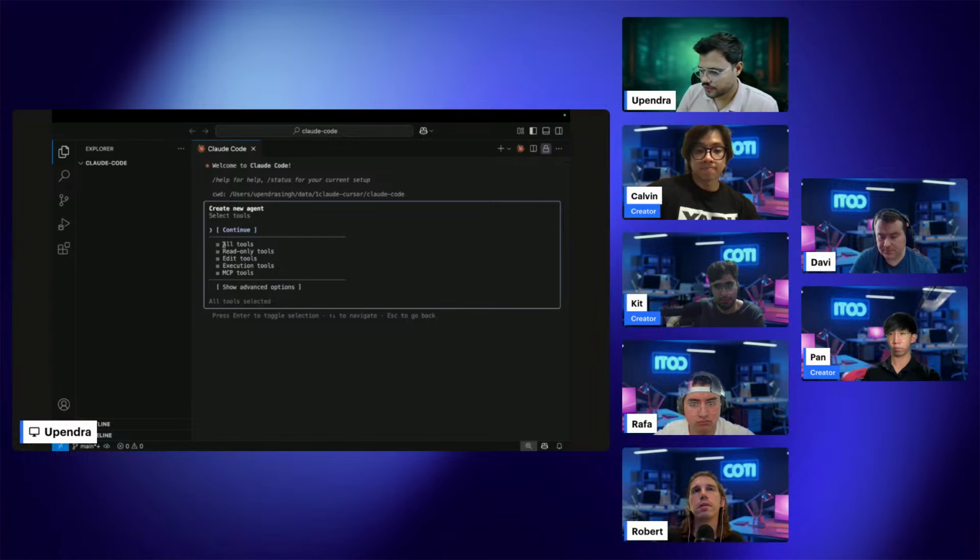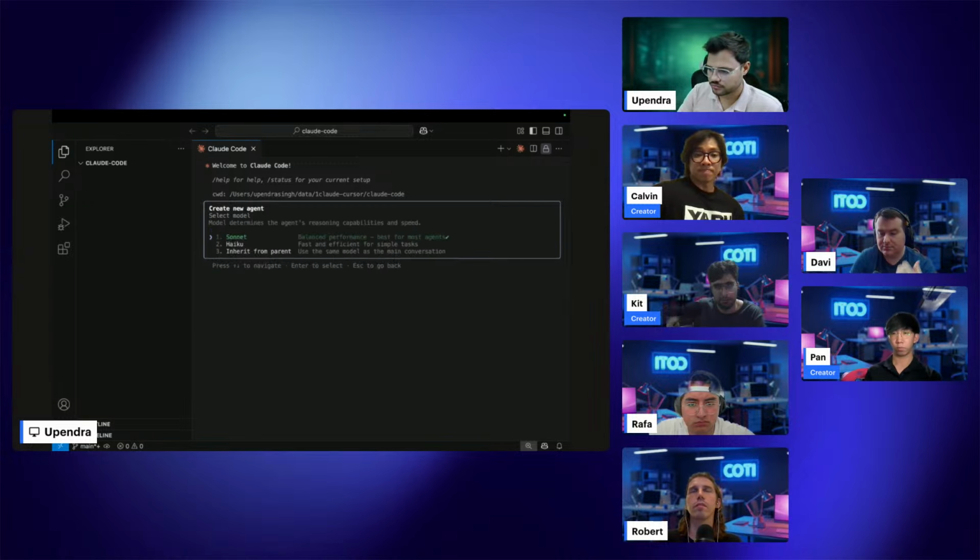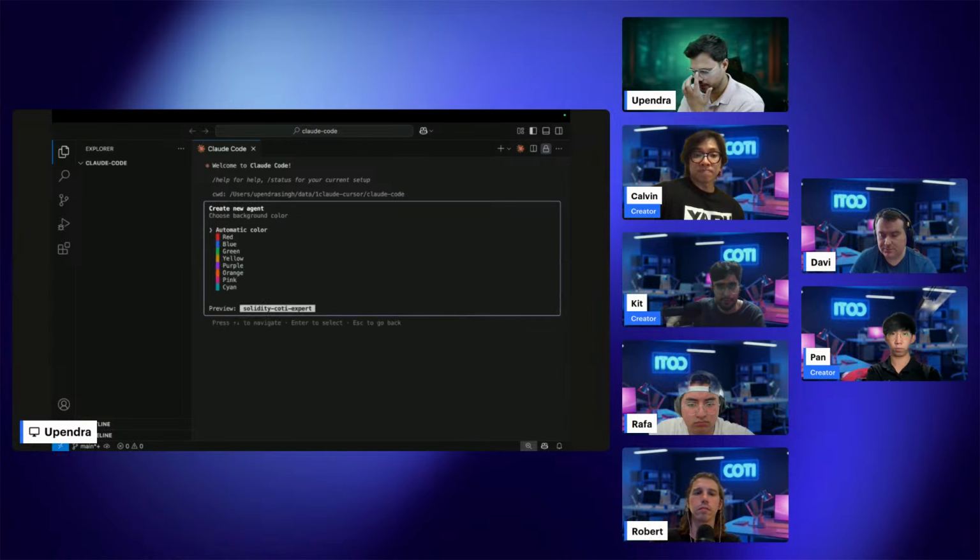Okay. So here it's asking what powers this agent is going to have. It can access all the tools, it can only read the tools, or it has the edit tools. So all the permissions it's going to have, I'm giving it all the permissions for now. And the model it's going to use, I want it to use the best model for now, so I want it to use Sonnet. If you give the color, so selecting the general color,